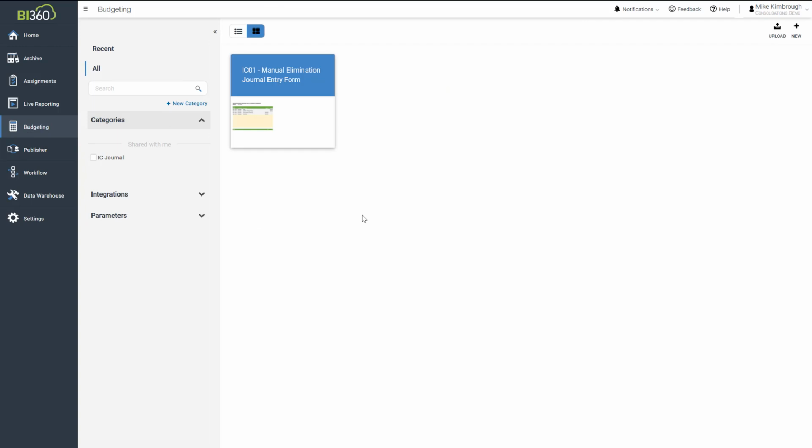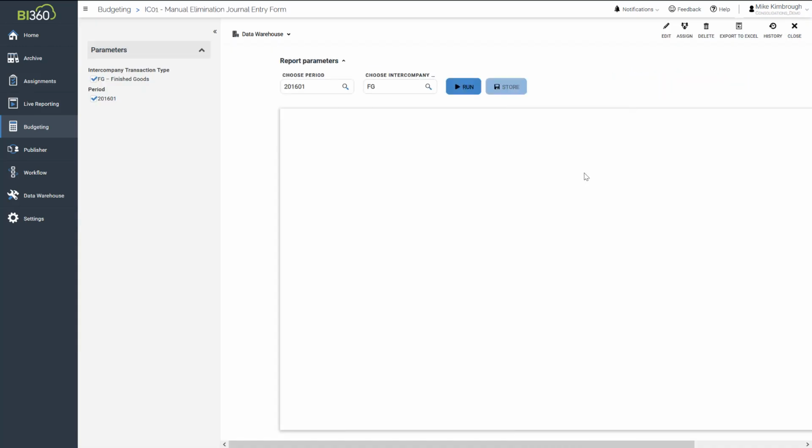Now, you notice that I went into budgeting here, and because BI 360 has a budgeting solution, that means I have the ability to enter data into the system. So you have to forget about how traditional budgeting systems work today, right? You can build a budget form or a forecast form. Within BI 360, I can build a form to capture any kind of data. An example of that is a manual elimination journal entry form, right? So I'm going to run that form,